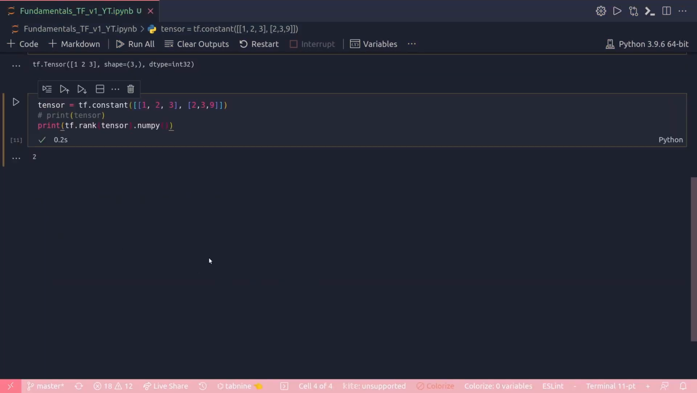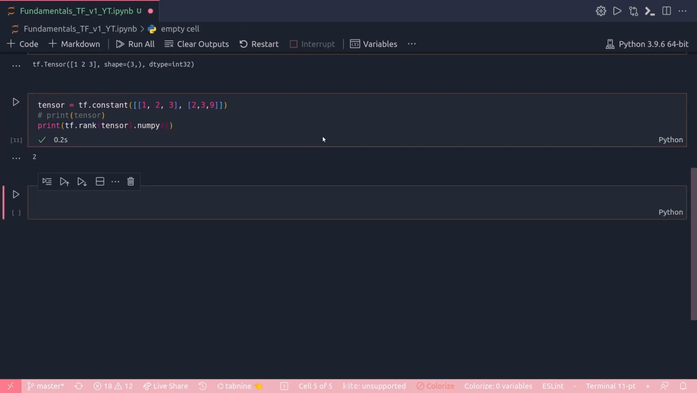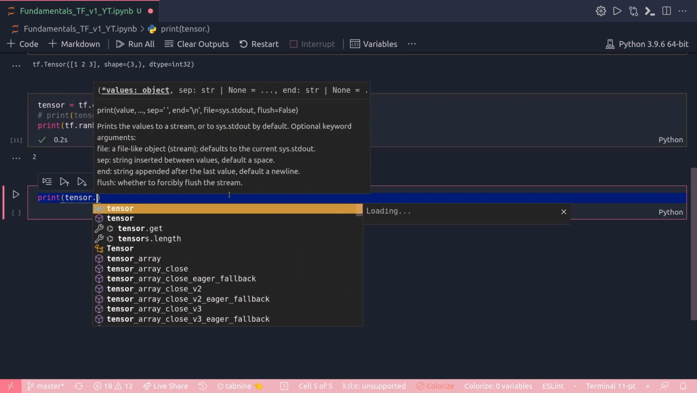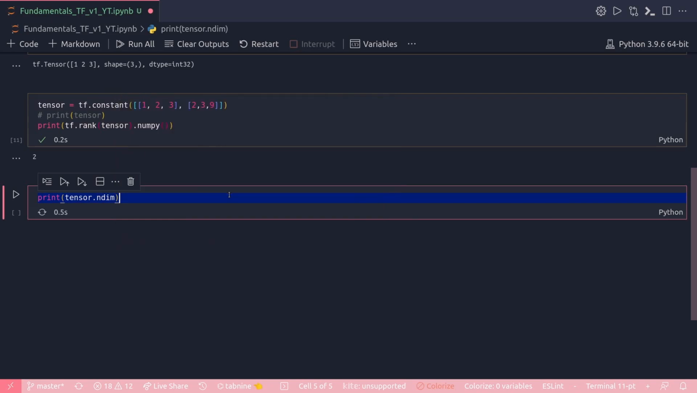and another way you can check the dimension of a tensor is with the ndim attribute. So let's check what that is. tensor.ndim. All right, so it said two dimensions as we expected, 1 2 3 and 1 2 3. There are two vectors here inside this tensor. All right, now let's